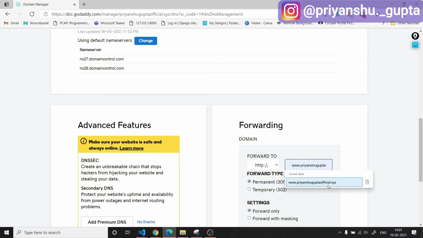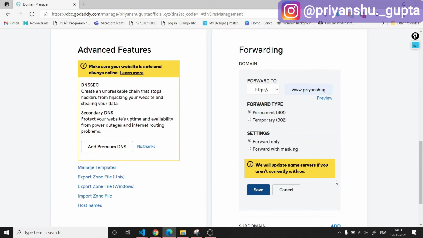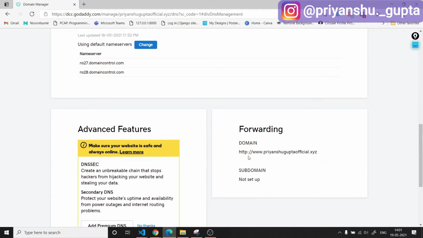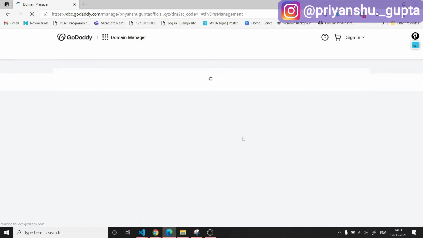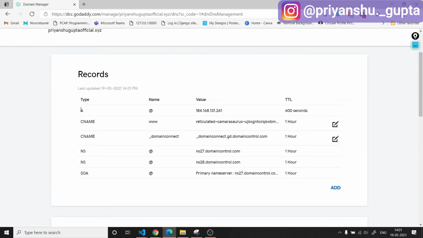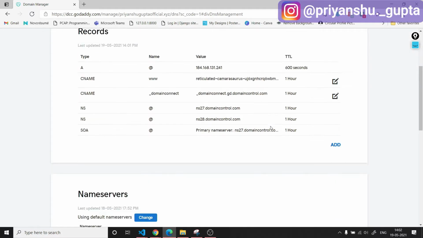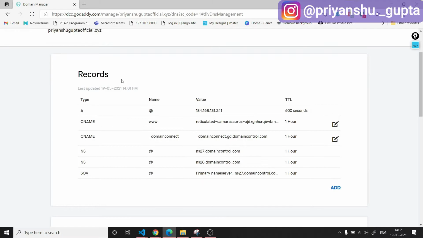And now if I enter this and save, it has been added here, and now if I refresh this page, you can see that one new record has been added here, that is an A record, and this record is basically just to forward your request from your normal domain, that is priyanshuguptaofficial.xyz, to www.priyanshuguptaofficial.xyz.